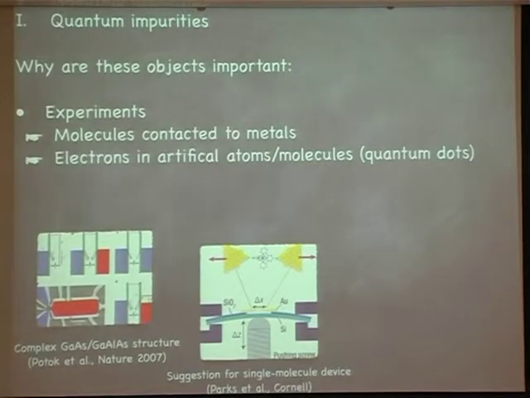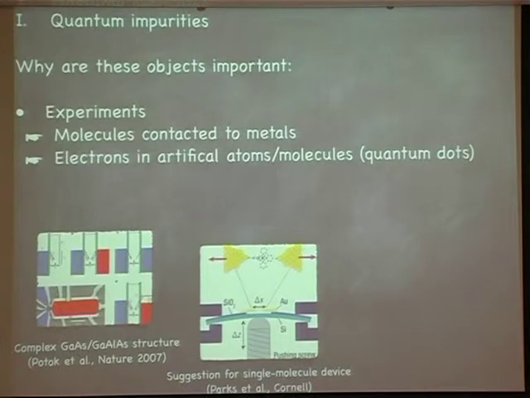The second, Antoine also talked about, is if you have electrons sitting in artificial atoms or molecules. These things are called quantum dots. What they typically do is take systems consisting of gallium arsenide and gallium aluminium arsenide. There's a slight mismatch in the band, and you get, by the Poisson equation and everything, a small triangular potential dip at the interface between those two materials. And in this interface there are bound states. These are truly two-dimensional bound states with extremely high mobility. And you know all of these things because every MOSFET uses that. This is everything that sits in your electronic devices.